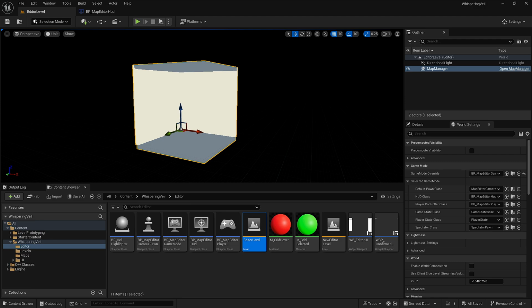So we created a camera pawn, we set that, compile and save, but it might just be picking that up on the blueprint or on the C++ side of things. Okay, so let's